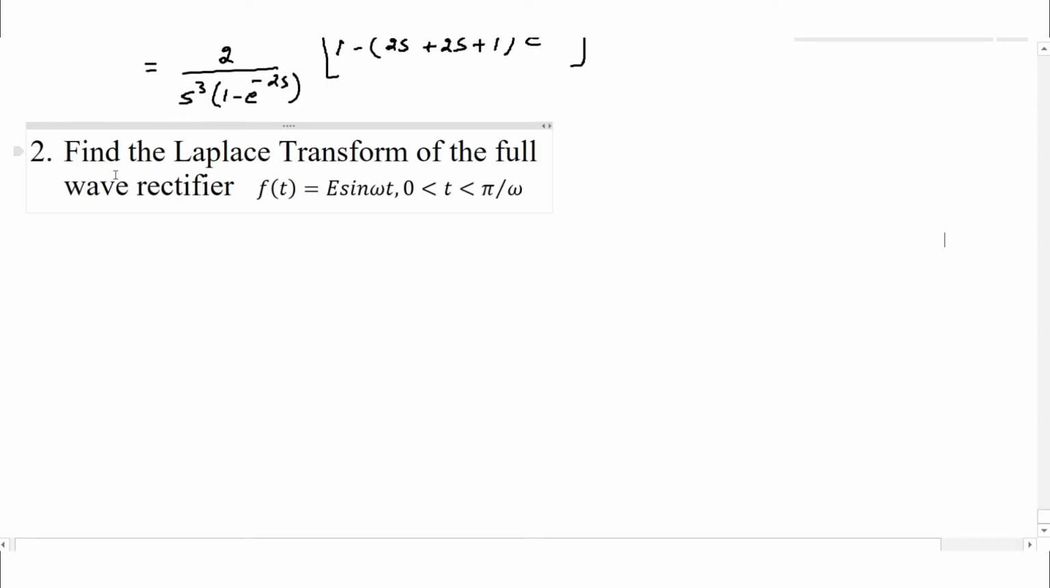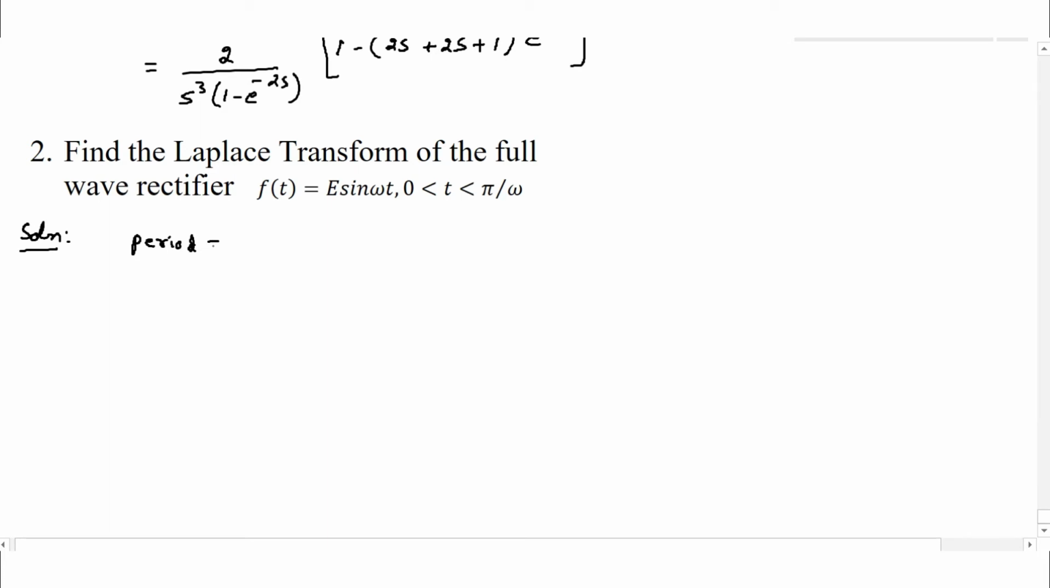Find the Laplace transform of the full wave rectifier f of t is equal to E sin omega t, where the value of t is lying between 0 to pi by omega. So let us try to solve this problem. Let us try to see what the period is over here. So the period will be,